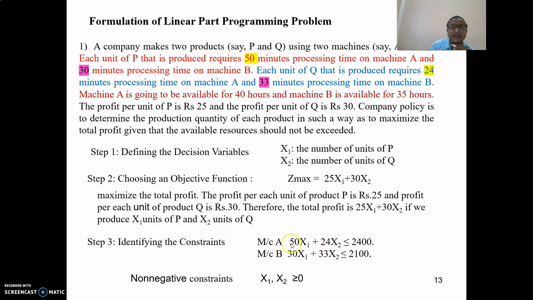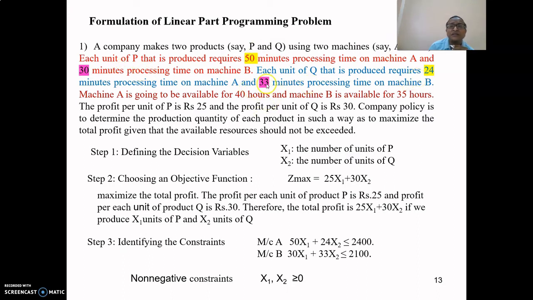Identify the constraint for machine A. Here 50 minutes is to be processed on machine A for P, and for Q 24 minutes on machine A. So 50x1 plus 24x2, and its availability is given as 40 hours. I have converted into minutes because 50 and 24 are in minutes. So 40 into 60, 2400 minutes. Similarly for machine B, product P is processed with 30 minutes,